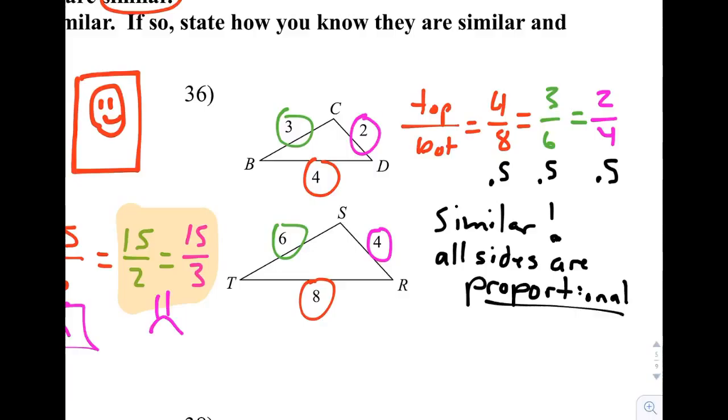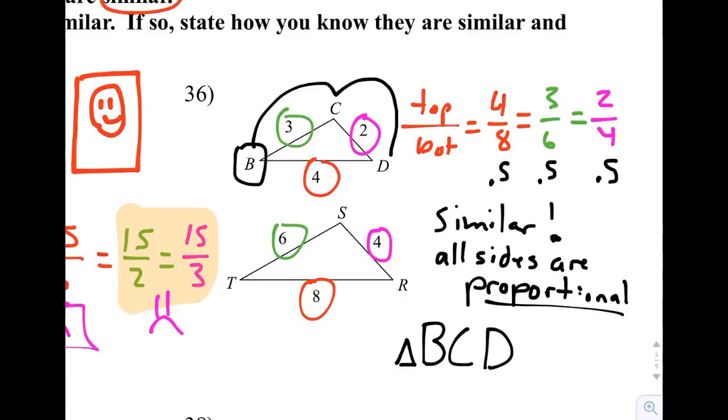The similarity statement is triangle something something something is similar to triangle something something something. We need to give it a name. So triangle, this is where we follow the letters, and I'm going to start with one corner and work my way around. B, C, D. That's how triangles are named, is by picking the corners, the vertices. And then we put a little squiggle, meaning similar to